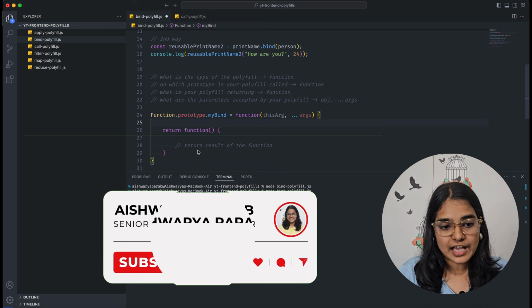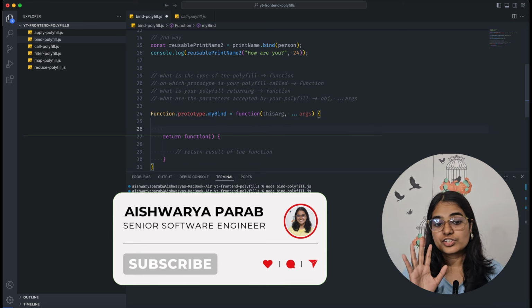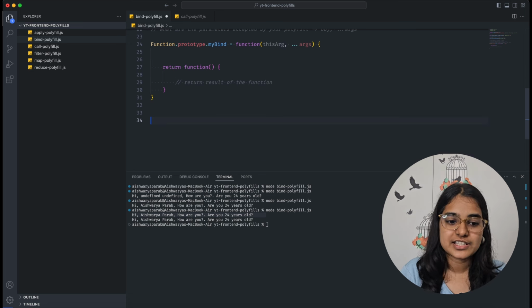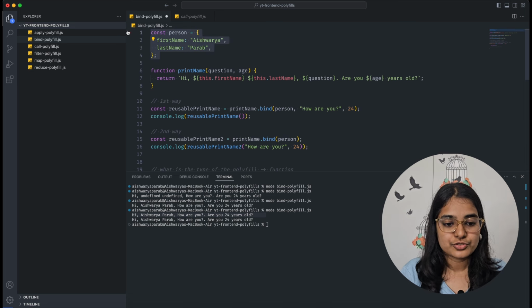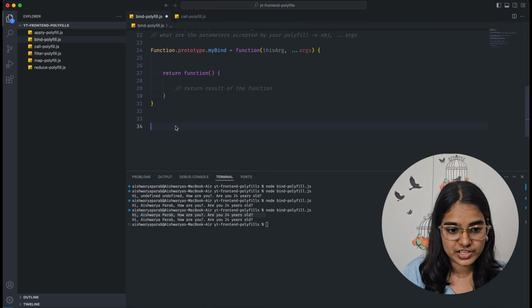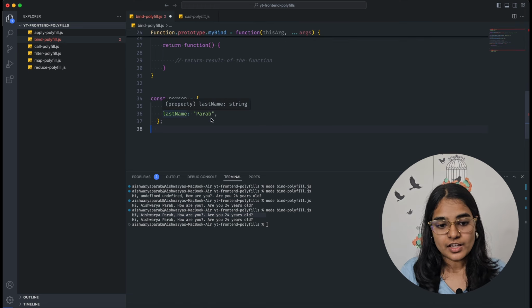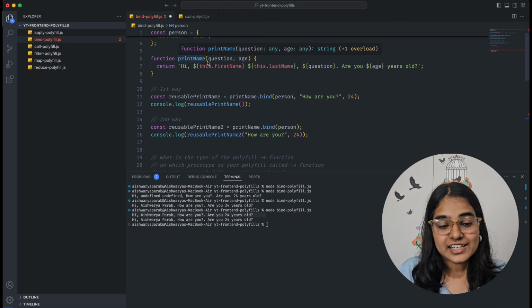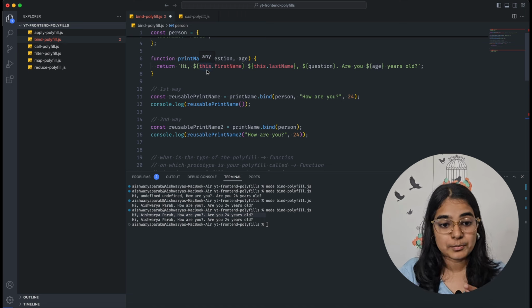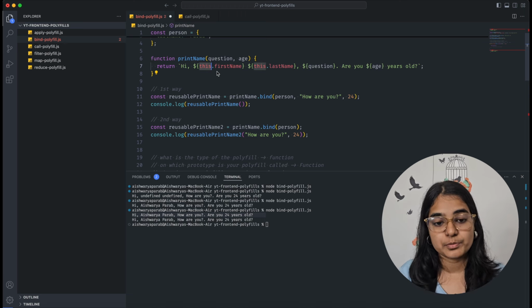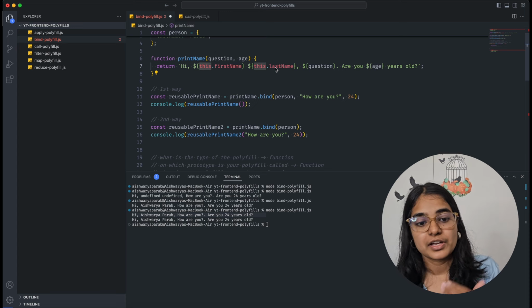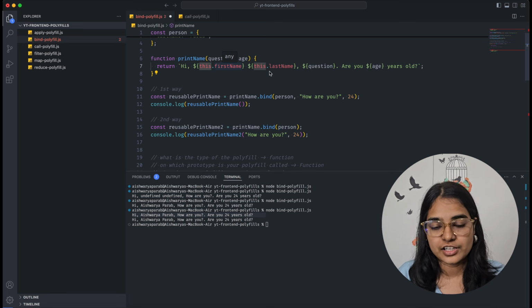First thing is I need access to my original object. Again, this was explained in the last video, so just concentrate here. I have my person object. In this particular function I didn't have access to the person object. My this keyword didn't have access to the person object. That's why it couldn't print Aishwarya and Parab. Instead, it printed undefined, undefined.